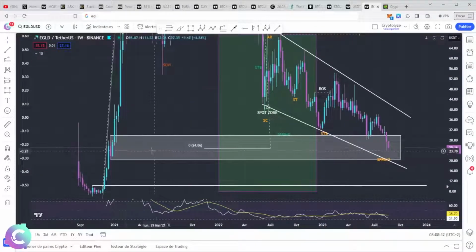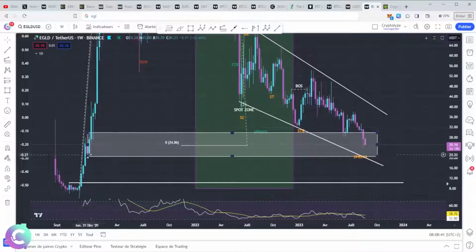So I strongly believe that we are in the process of retracement of the classic order block. And there is a way to go lower to $20 or even lower. I will explain why. $20, we would be at the bottom of the order block. But the concern is that if we were really in an order block work at that time, we would have already had an initial reaction.